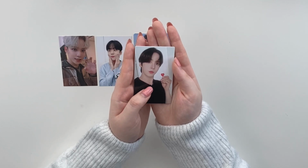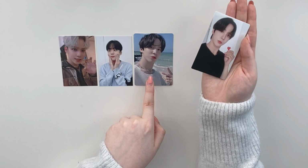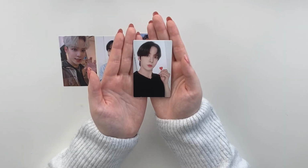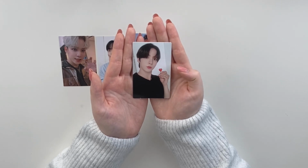He's got this beautiful necklace on. I don't know if you can see it because it's so small, but it's kind of like this necklace. It might even be the same one. And it just suits him so well. It flatters him so nicely. And he's holding this little heart, and